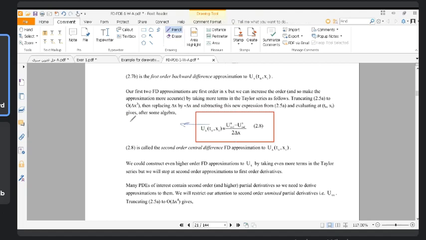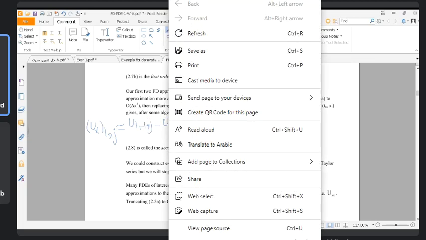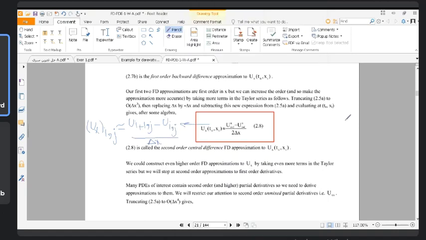This means UX at i and j with our index is approximated by U i plus 1 and j minus U i and j over delta X. Okay? The diagram for this formula is